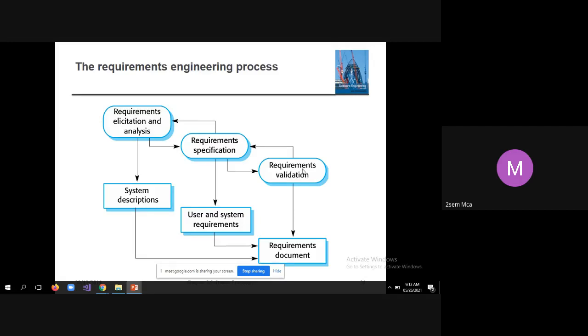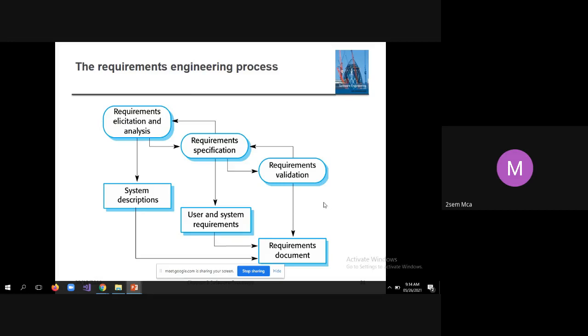Isn't it? Everything is a waste of time and money. So that is requirements validation, to validate whether this requirement is there or not. And if anything is missing, that has to be intimated. Accordingly, the changes will be done to all the necessary documents.